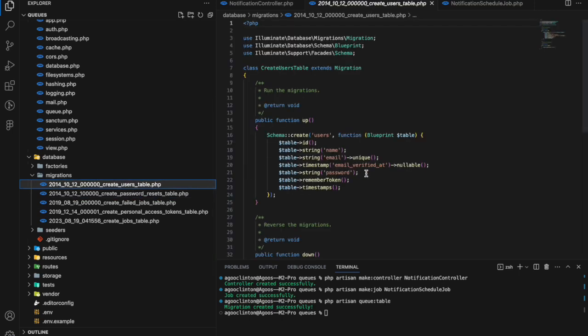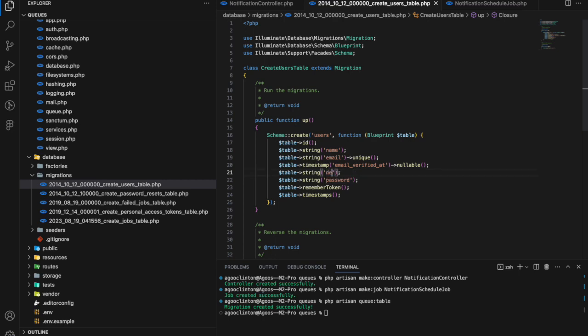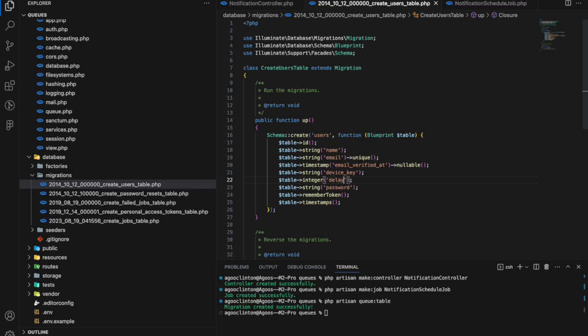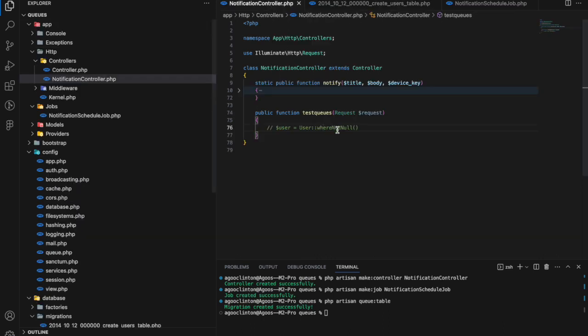In the users table, we're going to have two fields. One is the device_key. We're going to have device key and an integer delay. This is the delay that we're going to use to dispatch the notification after a particular delay. All right, now that we have that, we can move to our notification controller and do the where